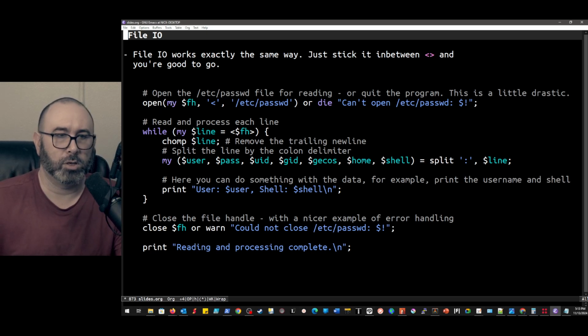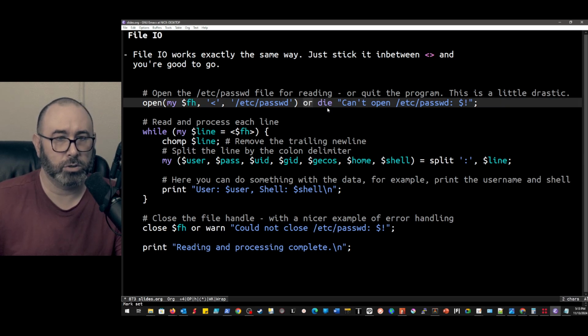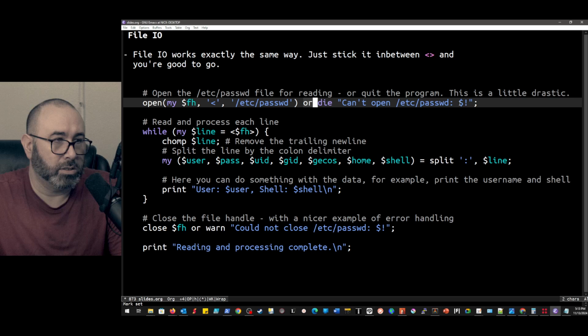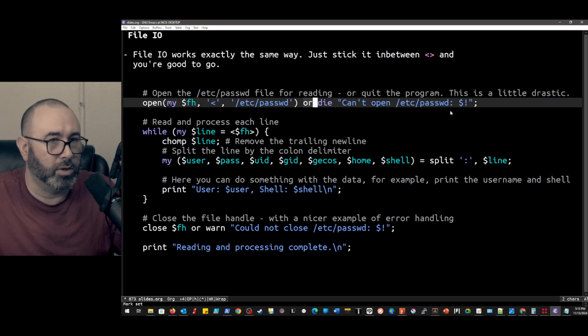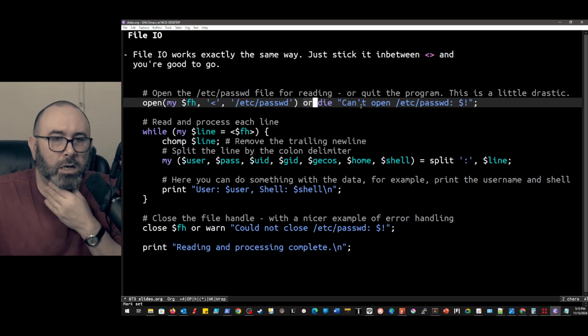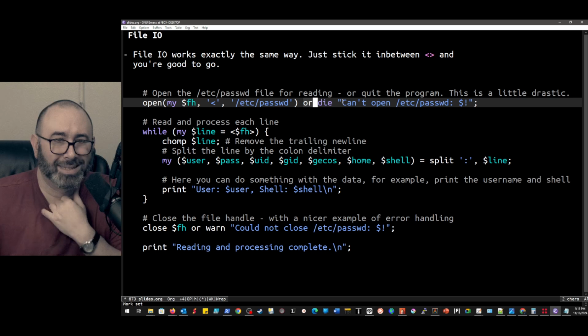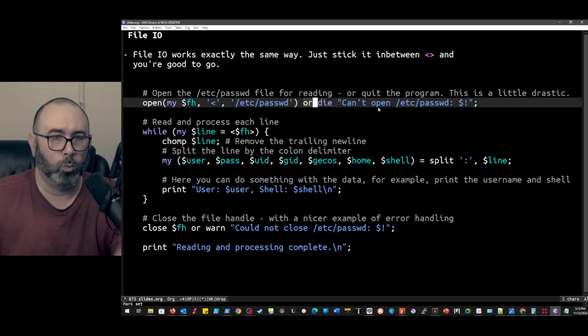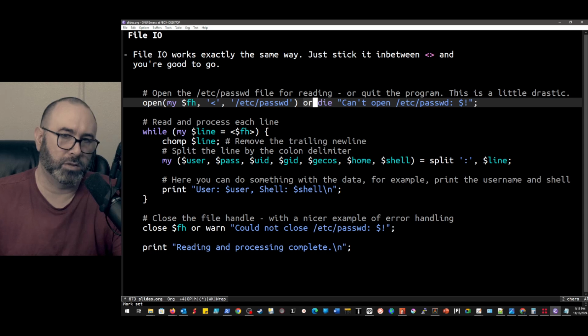So we've got the open keyword, and by convention, typically you're going to have an or statement here, right? So we're going to try to do something, and if we can't, if that gives us a false, we can basically tell it to do something else. Again, this is nice. We don't have to have an if statement for this. We can then, in this case, die, right? So this is going to exit out of the program with the error message, can't open this file, right?